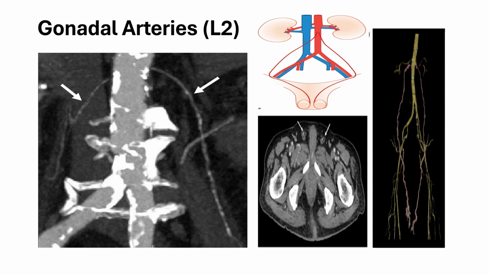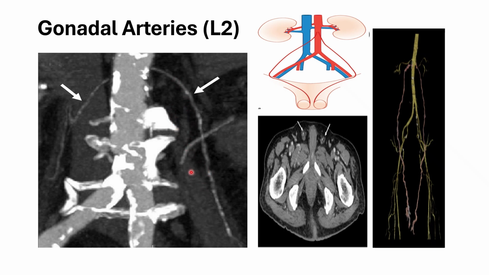Now the gonadal artery. Depending on male or female, it is called the testicular or ovarian artery. In male it is the testicular artery and in female it is the ovarian artery. Gonadal arteries are the paired primary vascular supply to the gonads. In male it supplies the testicles, whereas in female it supplies the ovaries. And these arteries pass inferolaterally deep to the parietal peritoneum over the psoas muscle.